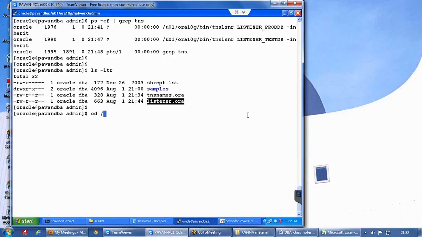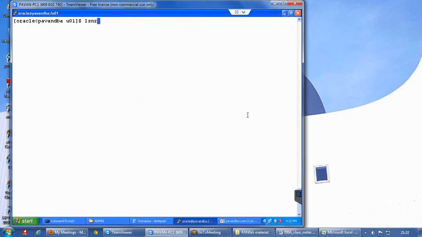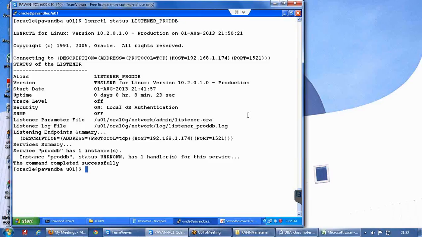For example, let's say I move to u01, and from u01 also I can run this command. It is not mandatory that I need to be in that location only. From here also I can run the lsnrctl status command. Any more queries?